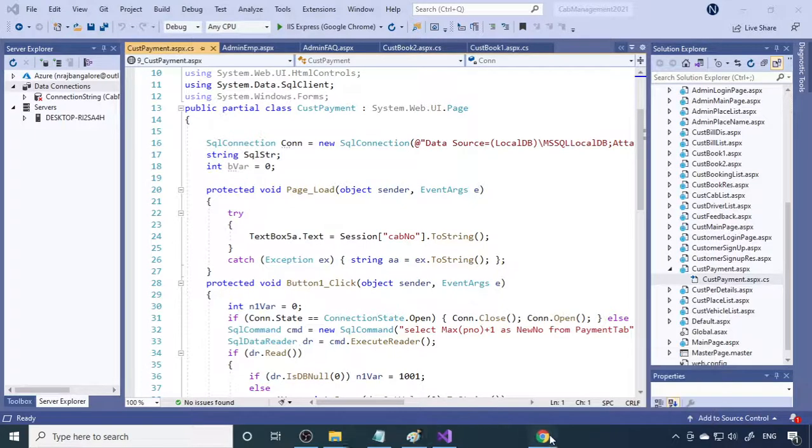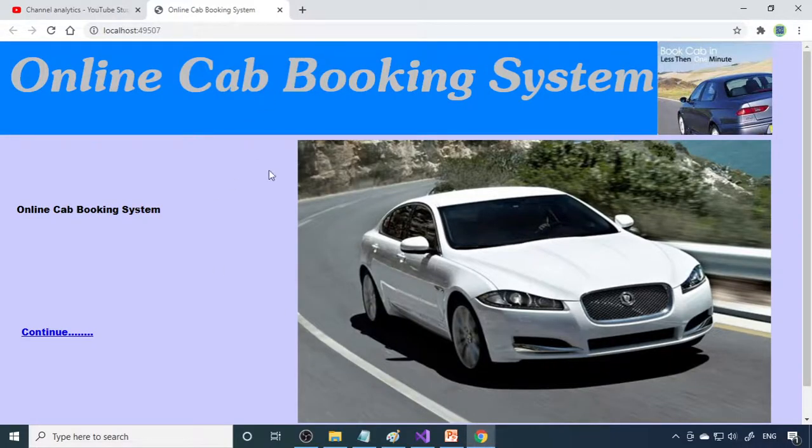Right, so let's go back to the browser. Here you can see the online cab booking system, and we have only a little information on the first page. Probably you can add a lot more information on the first page, some text and so on. But here we are more concentrating on the technical view, like how the whole project has to work. We can also improve the design, but at this stage we are more concentrating on the performance and the working, whether the whole project works or not.